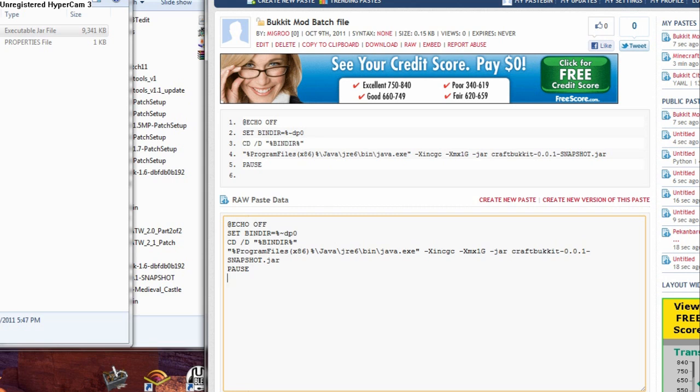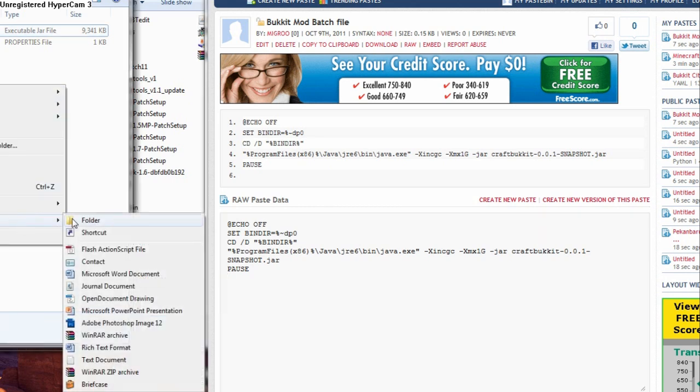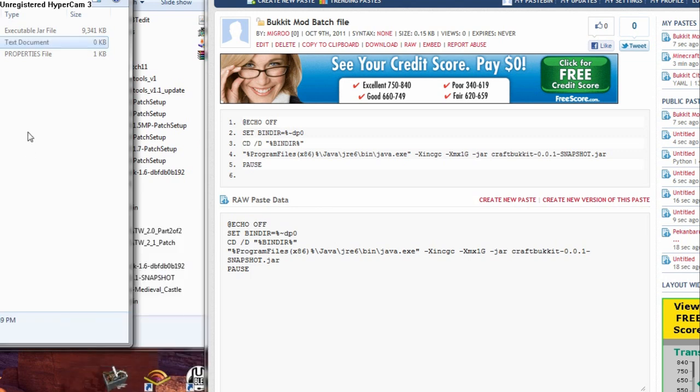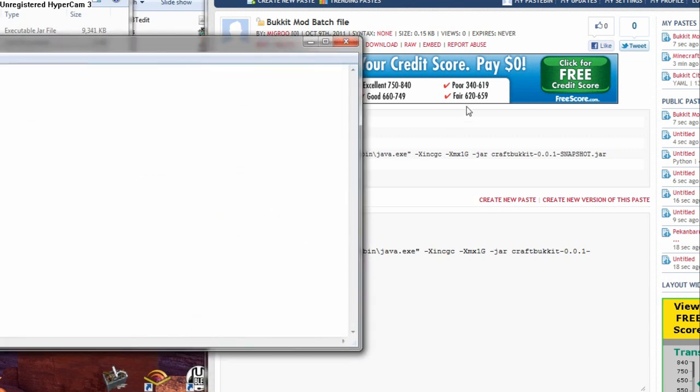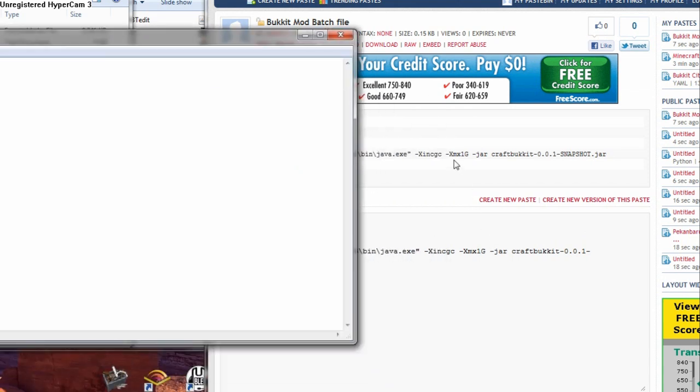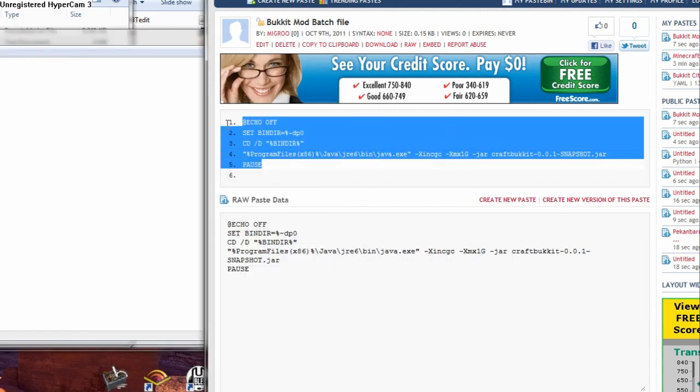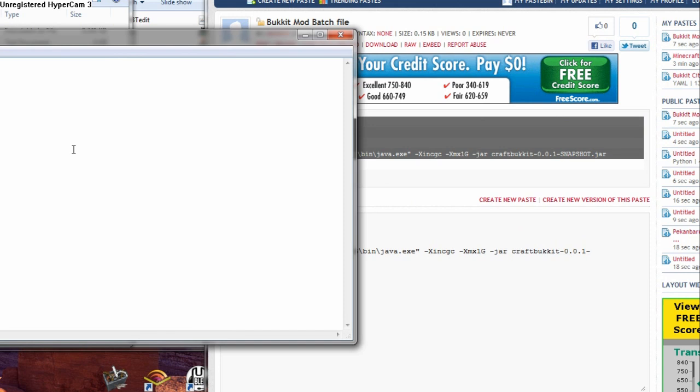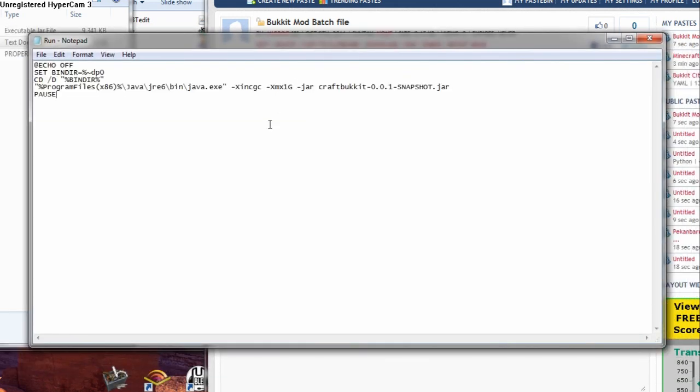I'm going to include the text to this and everything. Just make a new text document again, like before. Just title it run. Bring it up. Copy everything from here over to this new thing. The only thing you're going to want to know about this really is this right here. If you have a 32-bit operating system, you just delete that right there, the parentheses, the x86, everything.